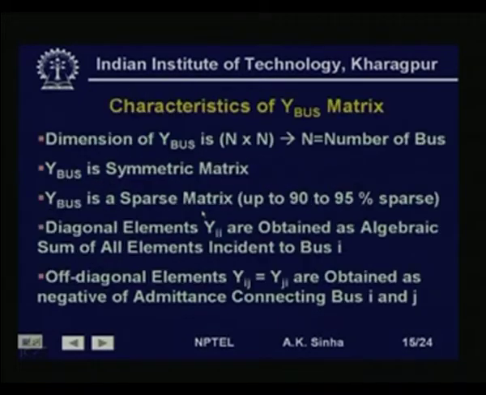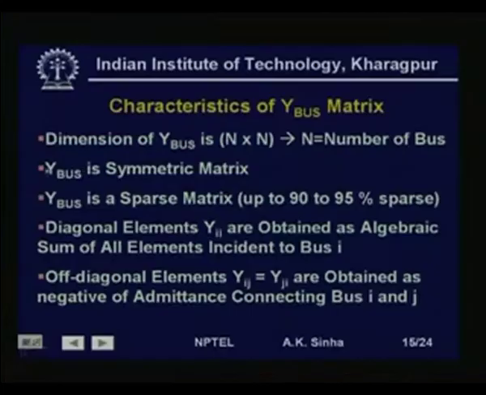If we have a 10 bus bar system, we will get a 10 by 10 matrix. Normally, the power networks are very large, with more than 1000 bus bars and many thousand lines connecting various bus bars, and therefore, we will be dealing with Y bus matrices which can be as large as 1000 into 1000